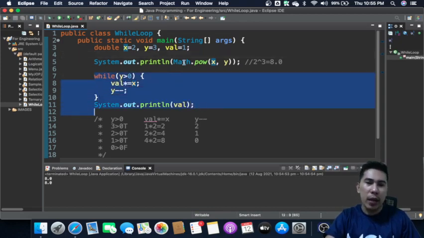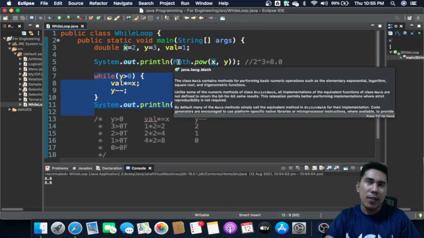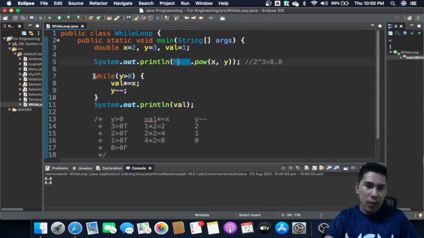In that sense, we can call it a reverse engineer of math.pow, which is, I'm not saying this is the code for that math.pow, but it seems like the same output. Okay, we can actually do some more.